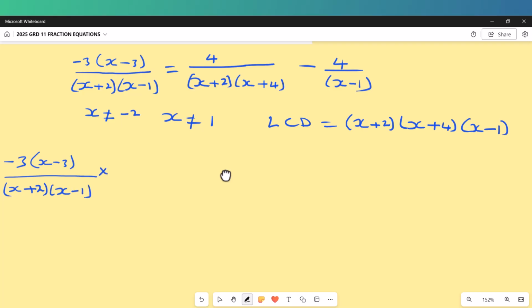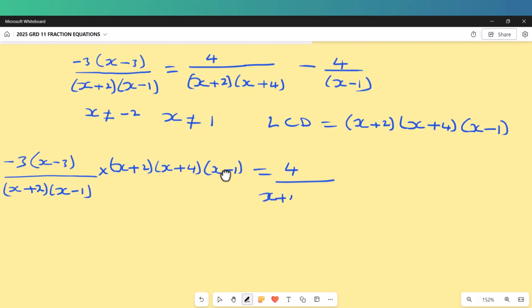LCD is what? Is x plus 2, don't forget x plus 2, and then into x plus 4, here, and then into x minus 1, equals to 4 over x plus 2,